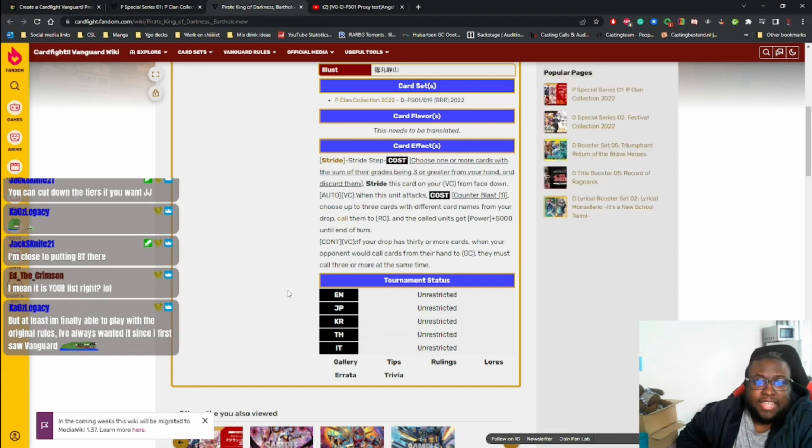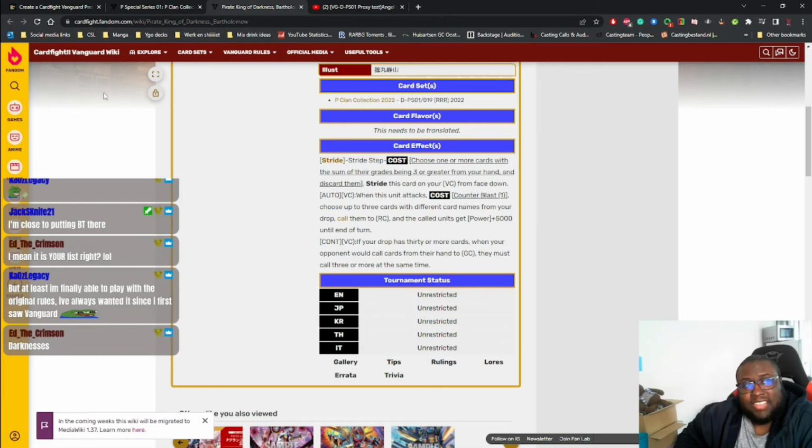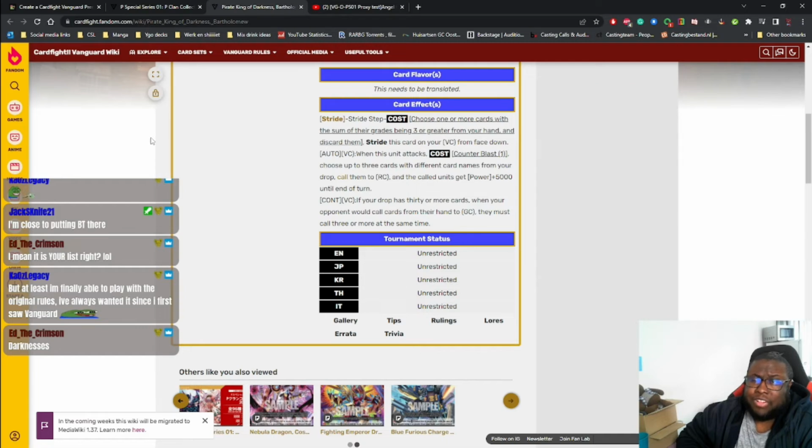So we have Stride. When this card attacks, Counter Blast 1, choose up to 3 cards with different names from your drop zone column to rear guard circle. This is just good. When this unit attacks, Counter Blast 1, choose up to 3 different card names from your drop zone. So it's an Obadiah if you're set up already, so you don't have to play a second Obadiah to search more stuff. But you usually go into the second Obadiah because you're still missing pieces sometimes. But this is not an upgrade, this is a side grade. The Counter Blast 1 is a bit of a